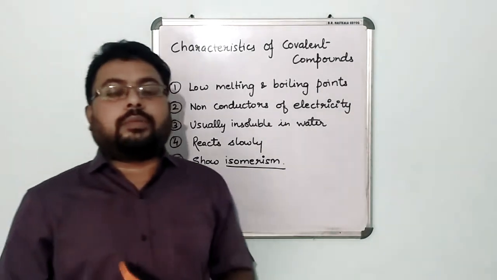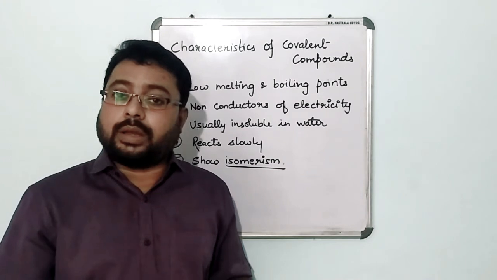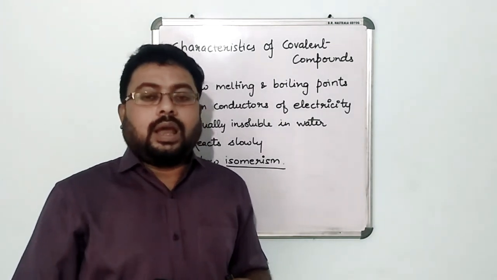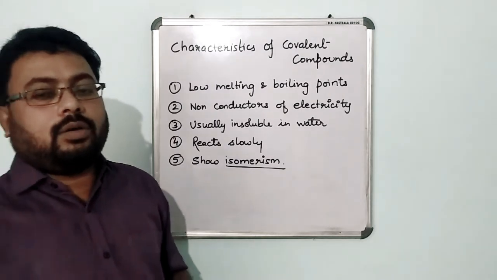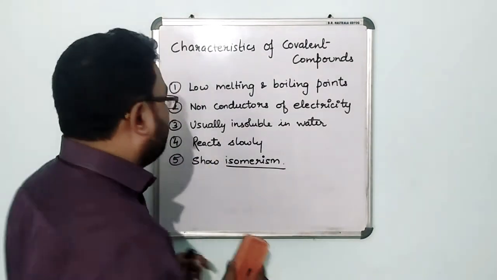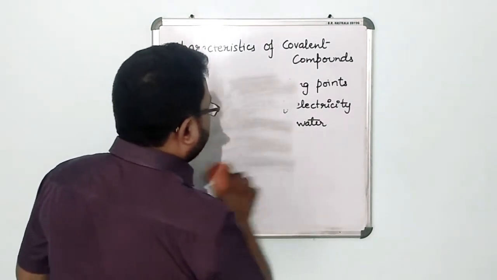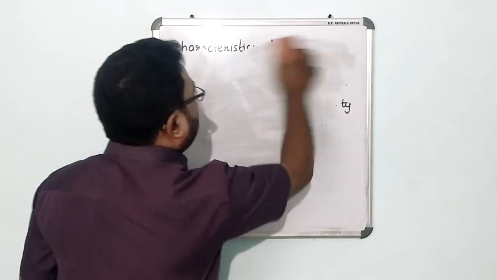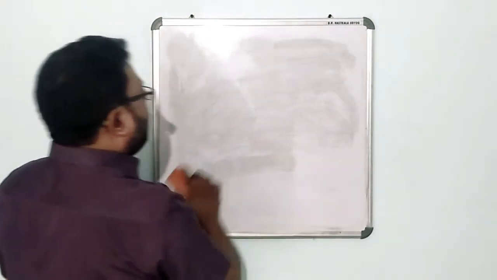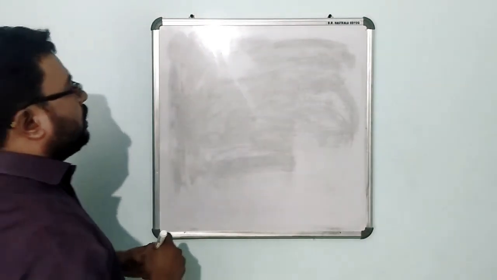Now I'll be talking about the allotropes of carbon. I'm going to take up carbon because the chapter is carbon and its compounds. I'm going to talk about some physical properties of carbon, and then we will move ahead and take on hydrocarbons. I'm just erasing it as of now. Right. So now I'm going to talk about allotropy.